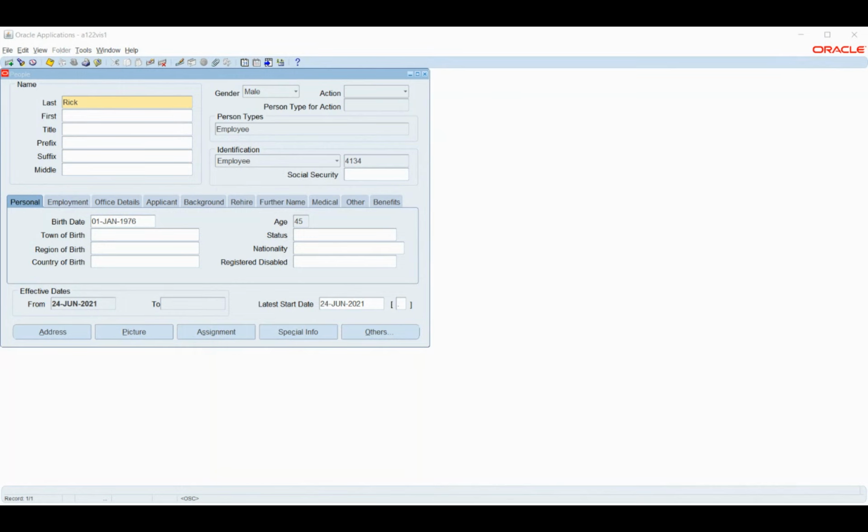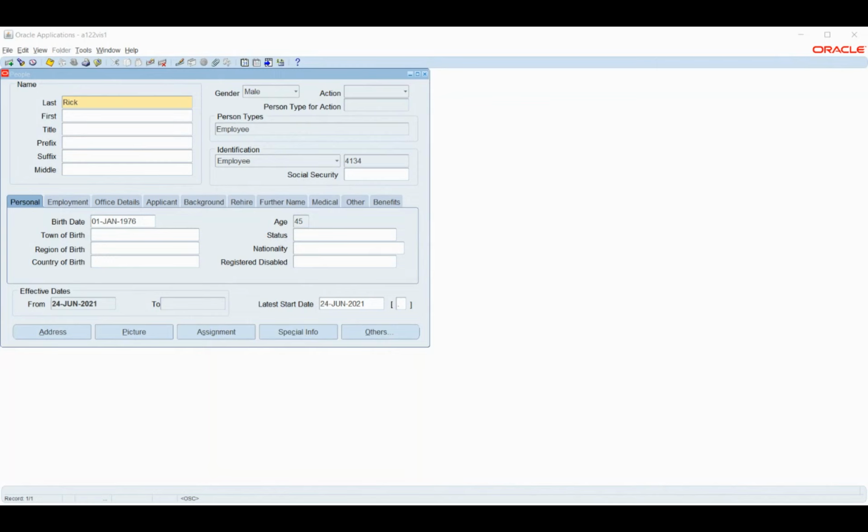While creating an assignment set, do I have to link every employee to the assignment set? No, not every employee. Whichever employees you want to pay in this particular cycle, you will have to link there.